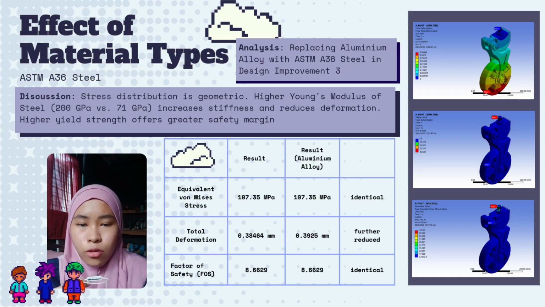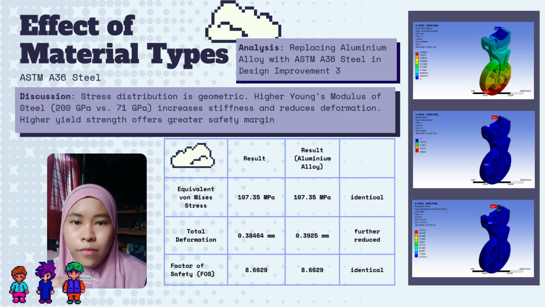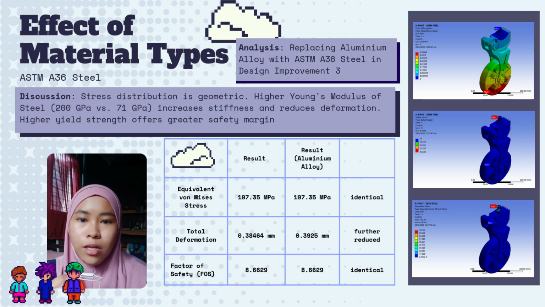However, the total deformation was further reduced to 0.38464 mm. This significant reduction, a 49.35% improvement from the original design, is due to the much higher Young's modulus of ASTM A36 steel, which is 200 GPa compared to aluminium alloy's 71 GPa. A higher Young's modulus means the material is stiffer, resulting in less deformation under the same load. The factor of safety remained excellent at